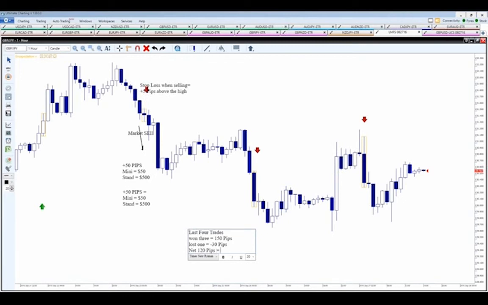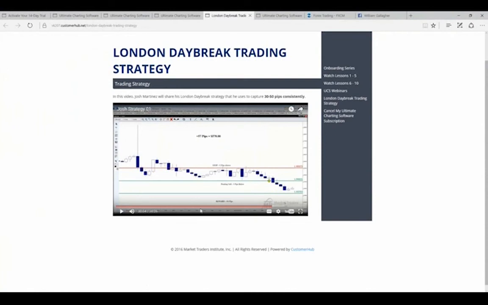So not too bad, 120 pips with a mini. That would have been, what, $120 in profits. But with standard, that would have been, what, $1,200 off of that, just off the 3 trades here. Now, once again, they're going to show you how to do this on 6 different currency pairs. And once again, I'm showing you the basics here in the video. I stress this enough. In the video here, Josh goes in much greater detail about this, showing you higher probability of which direction he believes the market's going to be going to help actually limit this and show you here.